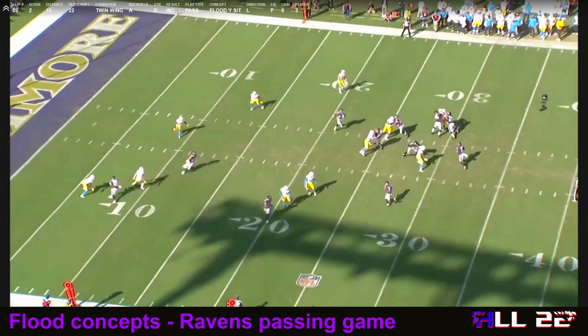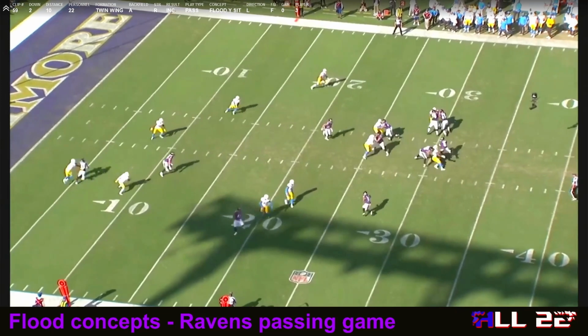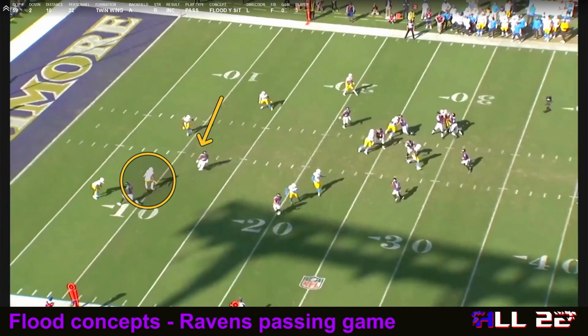Andrews is going to check his route up. Well, why does he do that, first of all? He does that because of that safety. Look at that safety. The safety's back to the sideline. He's identified some tendency, or he's read something, that Andrews is going to run a flood, or he's going to run a deep out. Now, maybe,